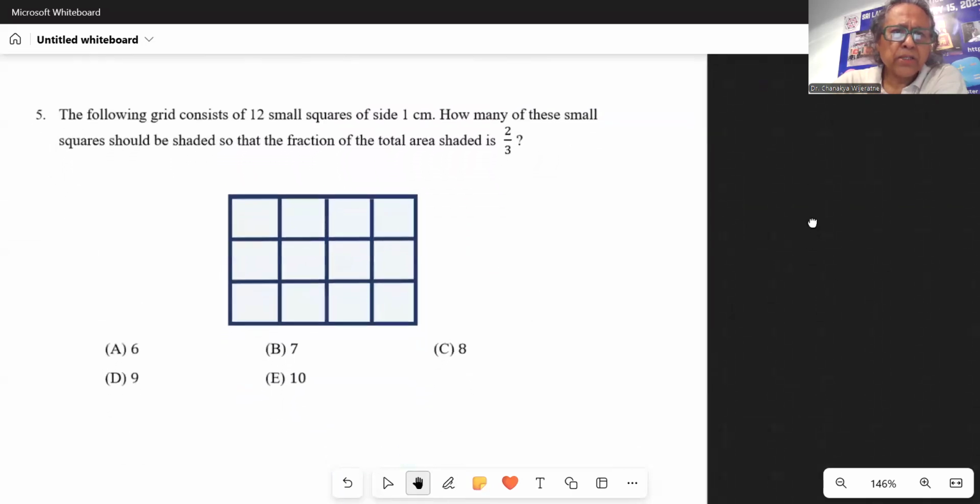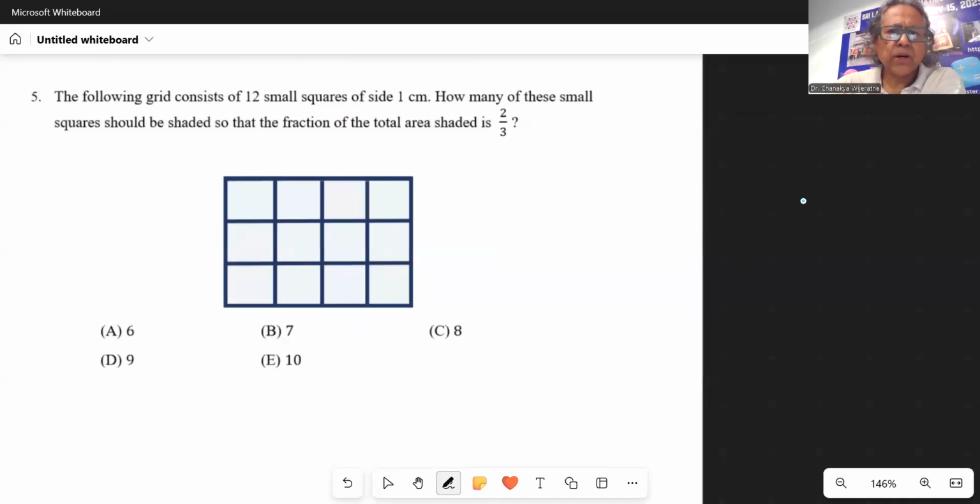The following grid consists of 12 small squares of side 1 centimeter. How many of these small squares should be shaded so that the fraction of the total area is 2/3? All right. So how do we shade 2/3 of this grid? So you can see that it has 3 rows, 4 columns. So if we shade 2 rows out of these 3 rows,